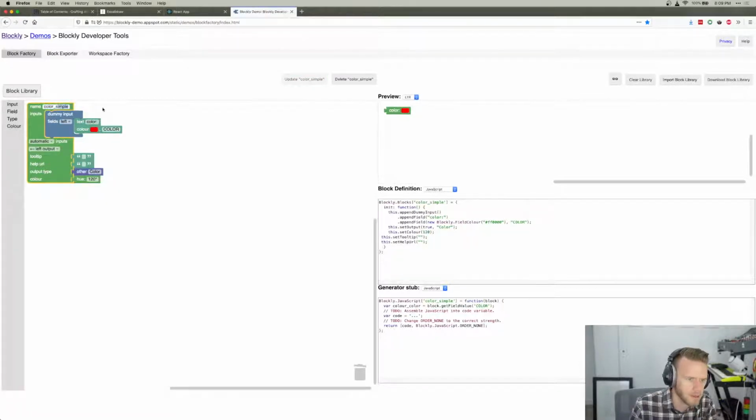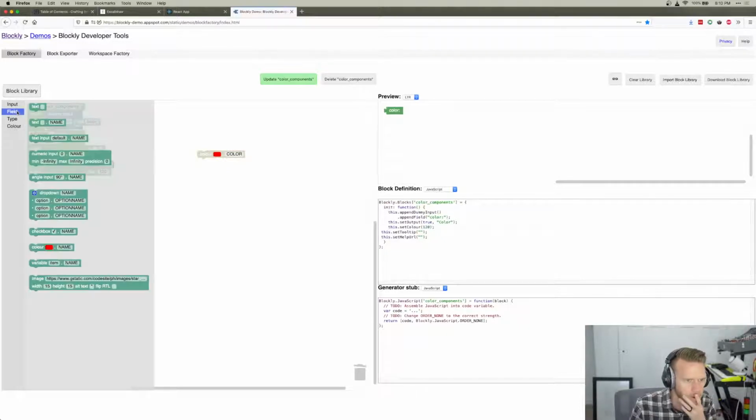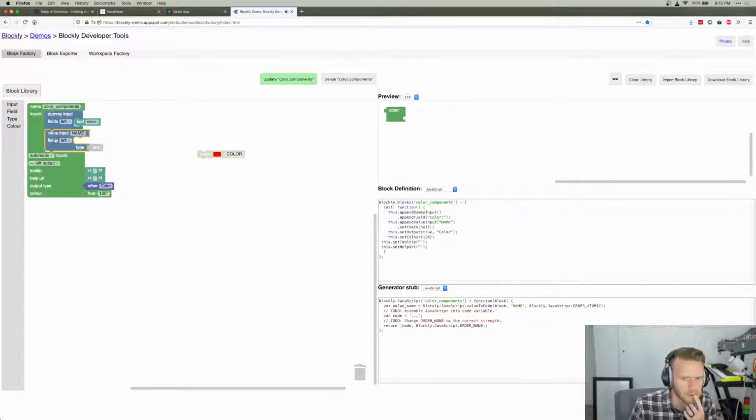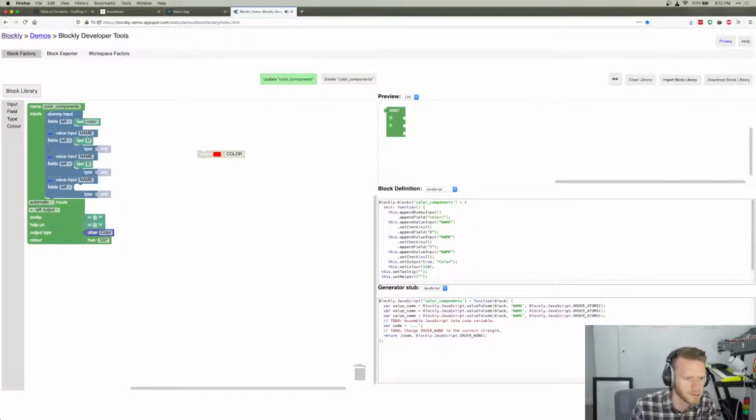Okay, now, here's a fun trick. You just rename it and it's ready to save as something. Do that. I think we want to say color. And now we need several values. And let's see. H, S